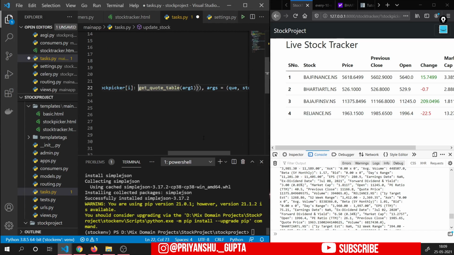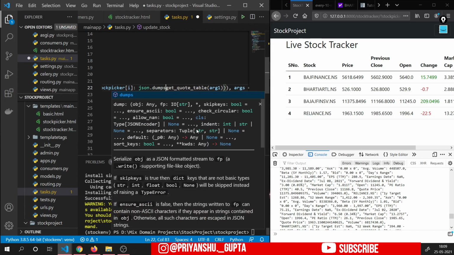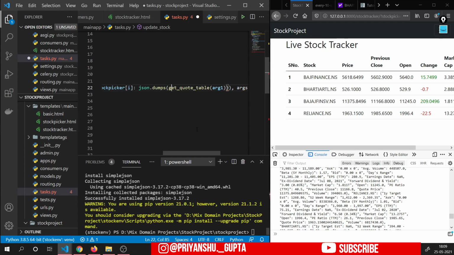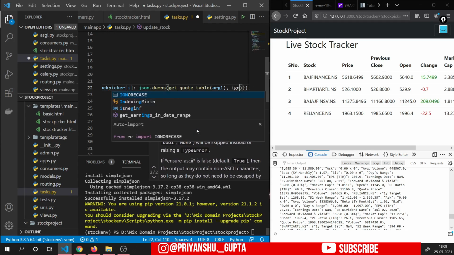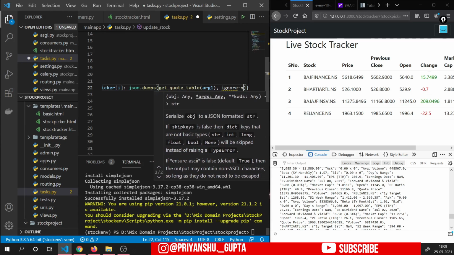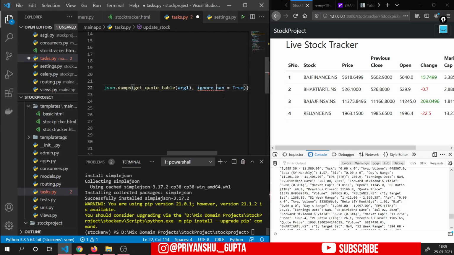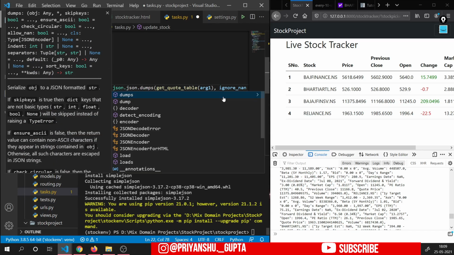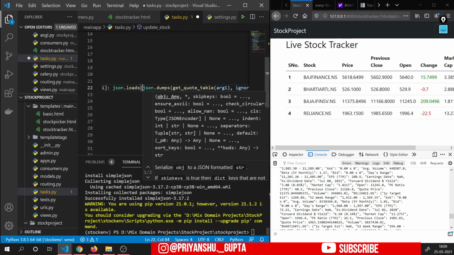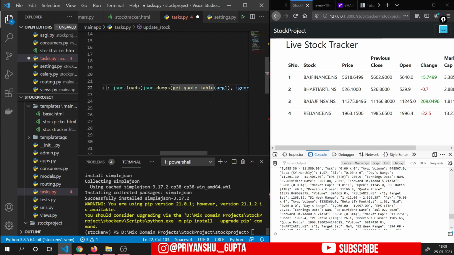So what we will do is we will first use json.dumps, right? And inside this json.dumps we will use ignore nan equals to true, and then we will again do json.loads, because currently we want format in dictionary format only.